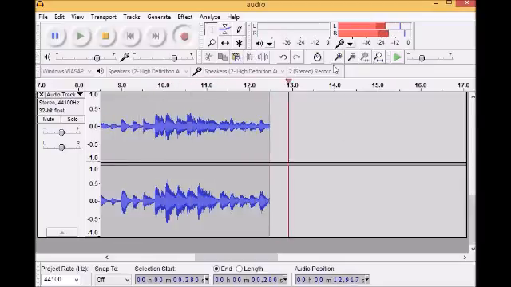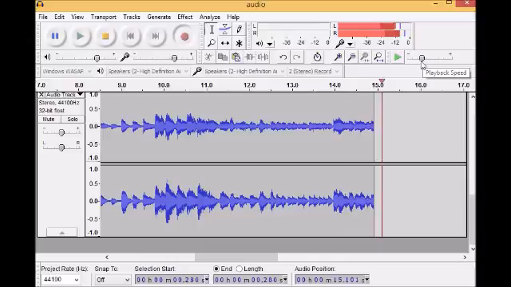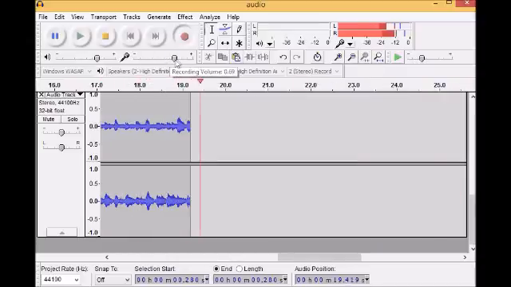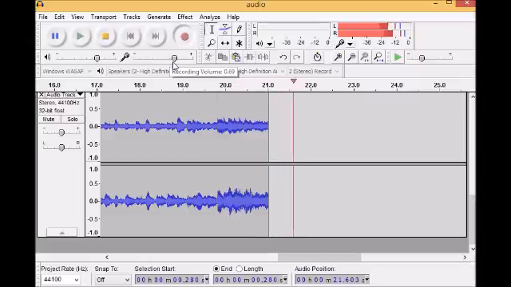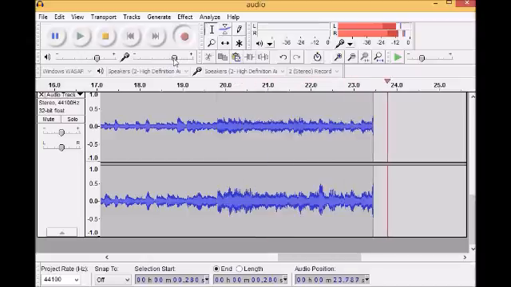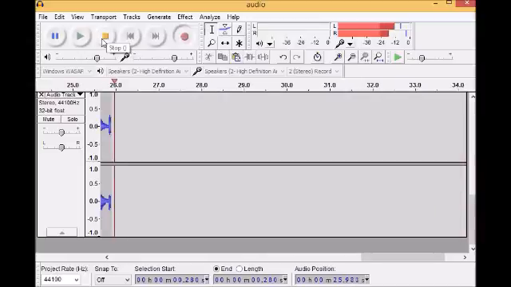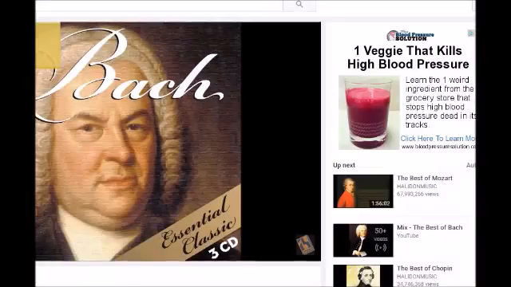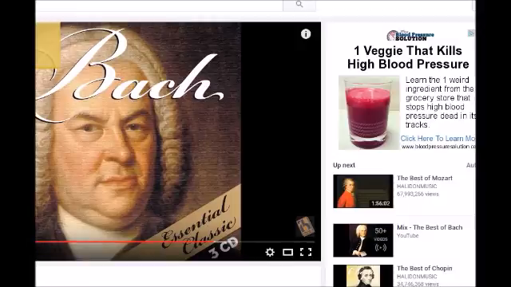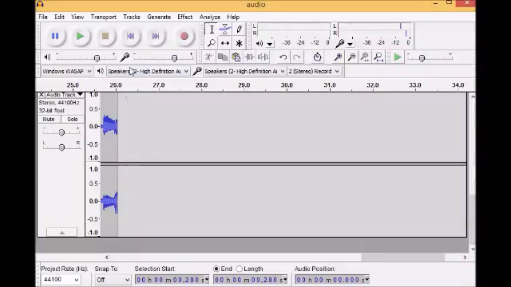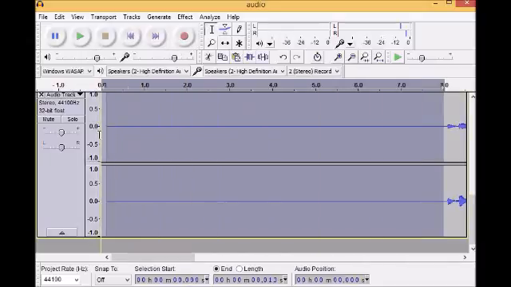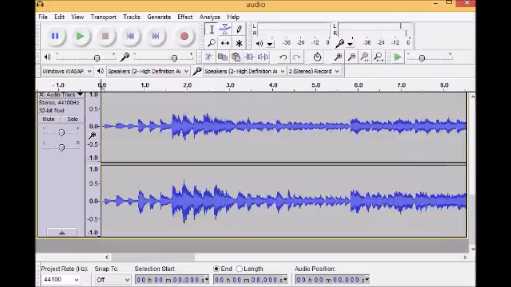While it's recording, do not adjust the input volume level, which is right here, because it'll change your volume as you're recording and it won't sound very good. I'm going to say that that's enough recording, so I hit stop. And I turn my YouTube off, and now I should have one track, and I can rewind it, and I need to just clean this track up. I'm going to highlight the front part of it, simply hit delete on the keyboard so it goes away,